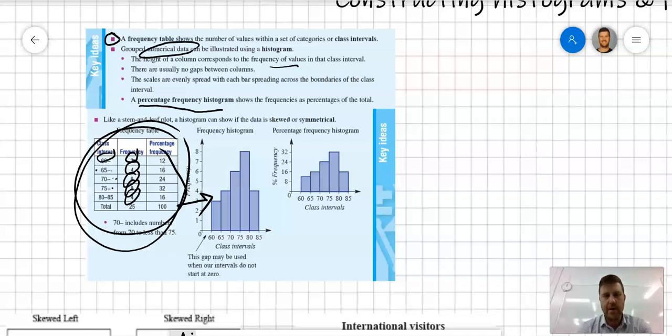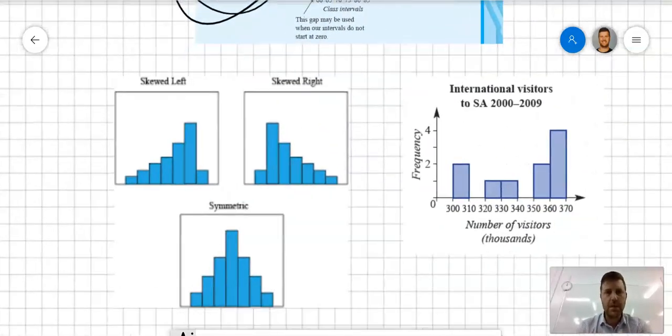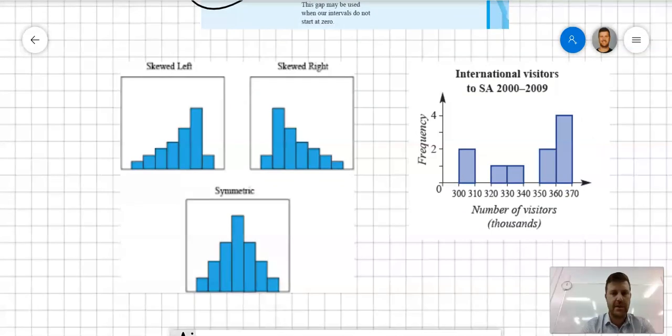Depending on what the data actually is, numerical data is a good one to display on histograms. Before you can do a histogram, you need to put the data into a frequency table. And before I go any further, I'll just talk about this here. So skewed or symmetrical. Data, when it's displayed in a histogram, could be skewed or symmetrical. And I've got a few examples here of what a histogram might look like. Basically, when your histogram has a nice uniform shape to it, what we call the bell curve, we say